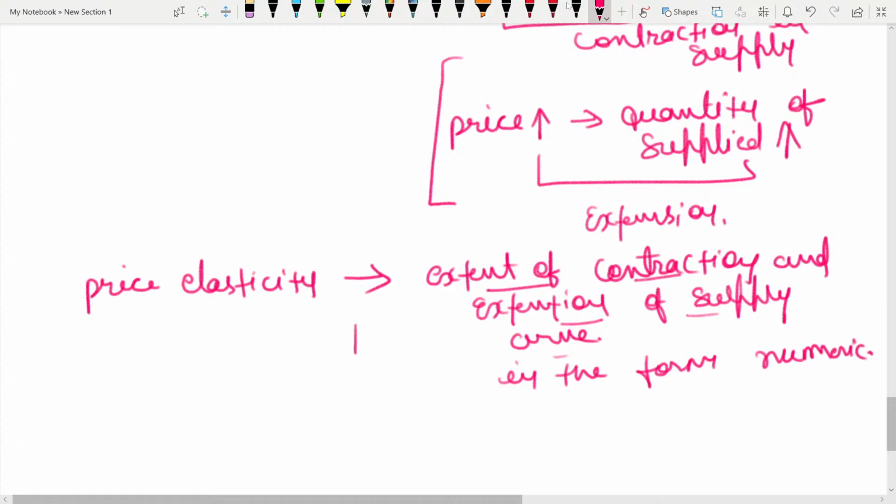Okay, so this is quite helpful to measure the relationship between price and quantity supplied. Okay, so price elasticity is